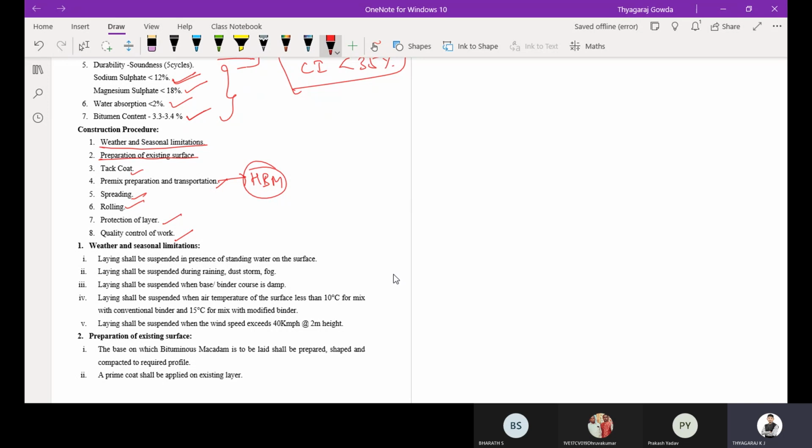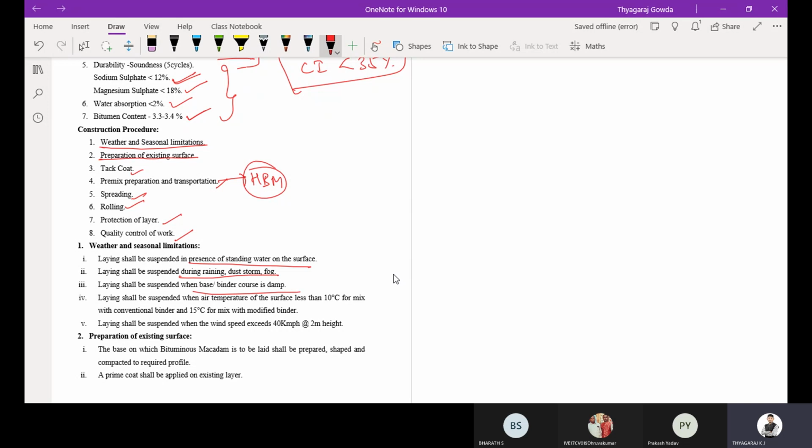We have already seen that laying shall be suspended in the presence of standing water on the surface. Laying shall be suspended during rain, dust storm or fog. Laying shall be suspended when the base or binder course is damp in nature, that is, when there is any water content in the binder course or base course, then you stop the laying of the bituminous layer.